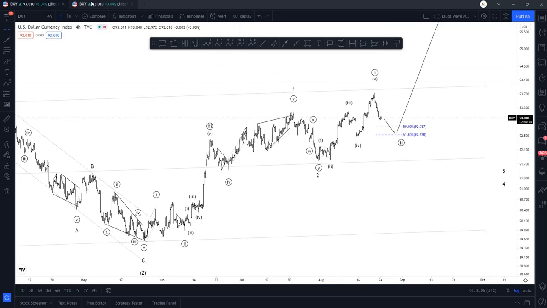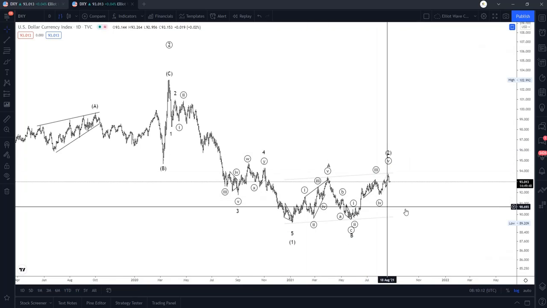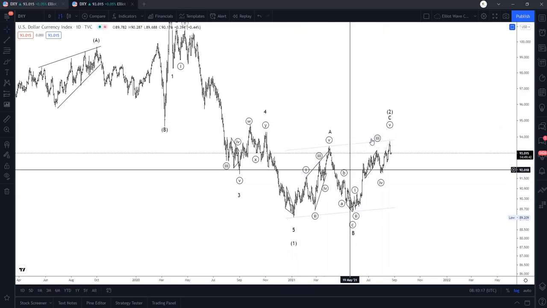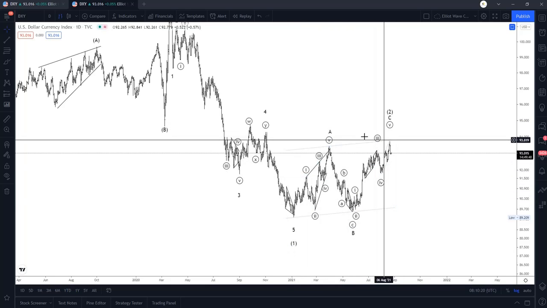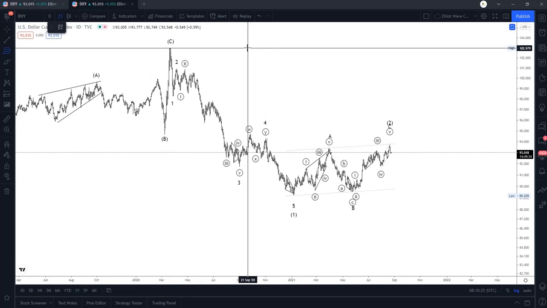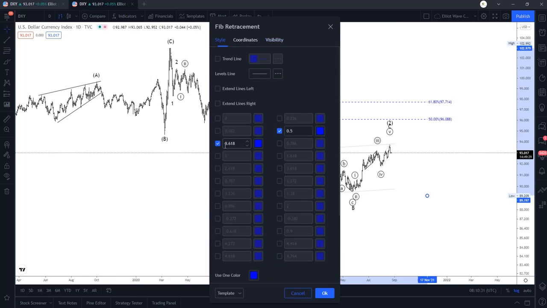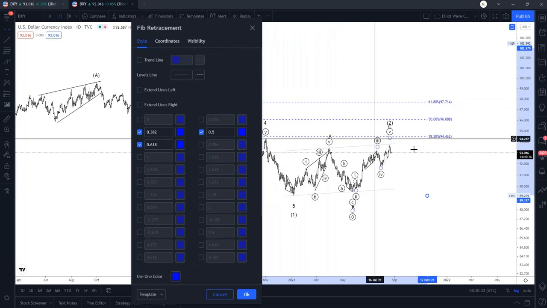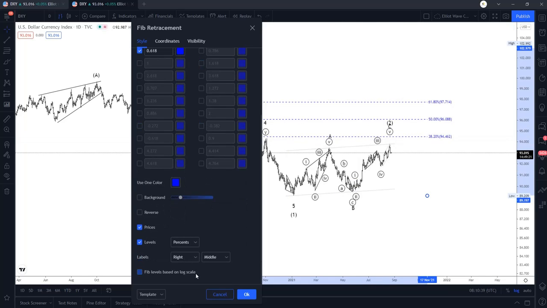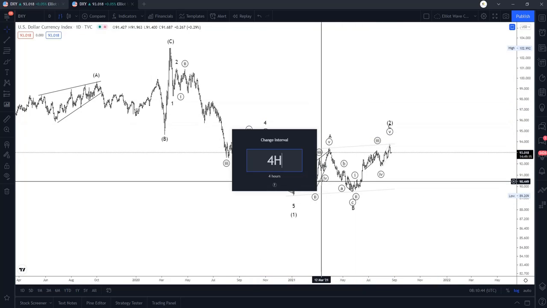Now, if you look at the alternative, we can say to ourselves, okay, here's the dollar index on the daily time frame. We have in fact completed a three-wave corrective sequence, an ABC pattern, since we have made a new high, right? However, the only thing we haven't done is hit or reject any Fibonacci ratios. So if you were to plot a Fibonacci retracement, we haven't actually retraced by any Fibonacci proportions. Whilst this isn't necessary, usually it's ideal for corrective waves.